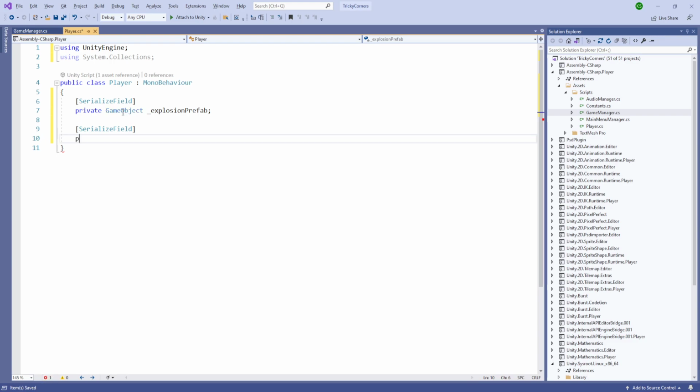Why is it showing private Vector3 array? It's going to be an array for the directions. So in which direction are we moving? We are only moving in one of the four directions. Serialized field, private float startSpeed, and after that we have private float speed,